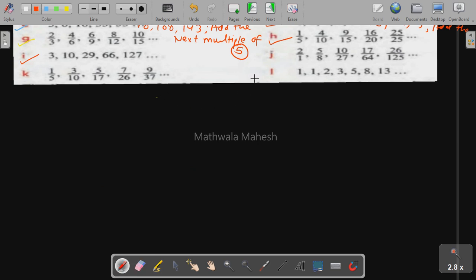Going to the next one. J option, you can do add next. You can see that if I add plus 3 and plus 7, plus 3, plus 5, plus 7, plus 9, it means you have to add next odd number in numerator, and next